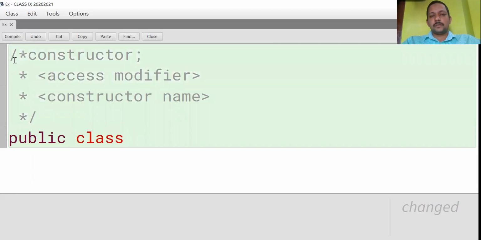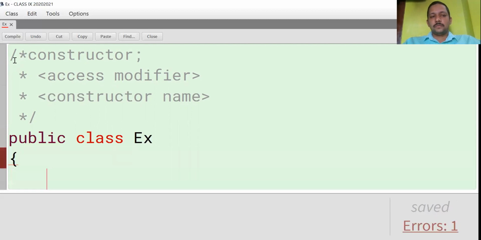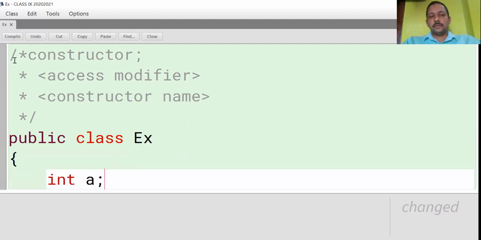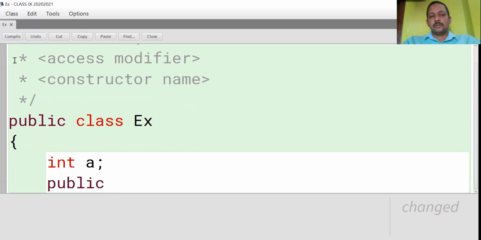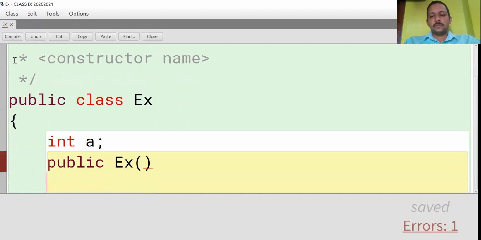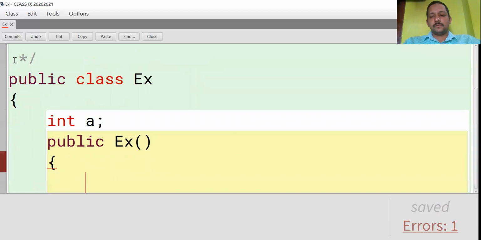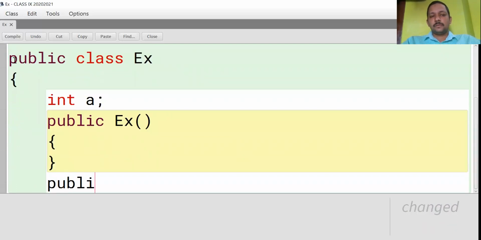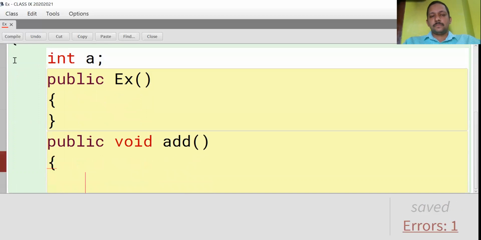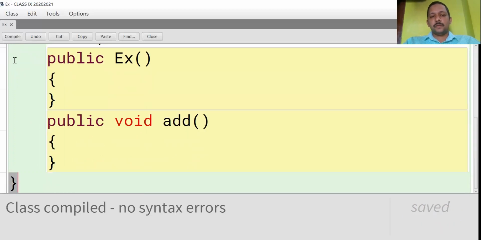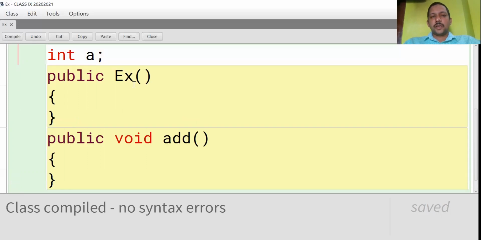Public class ex is a class, inside variable int a, then constructor, then method. Compile. No syntax errors.